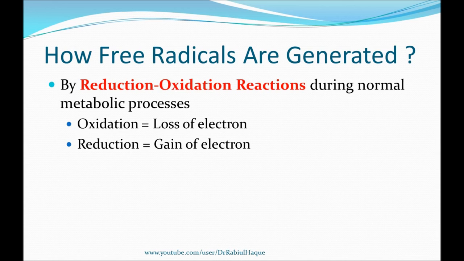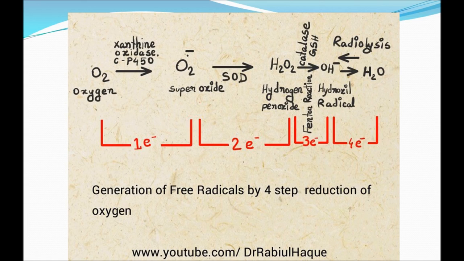Now, during this reaction, 4 electrons are donated in 4 steps. That is, 1 electron is donated at each step, and we will have 4 electrons donated in 4 steps. And during these different steps, there will be production of partially reduced intermediates, and those will become free radicals. We will give them different names depending upon the number of electrons that has been transferred. For example,